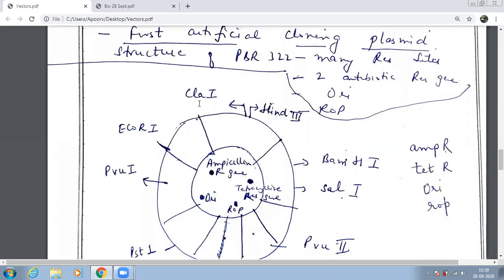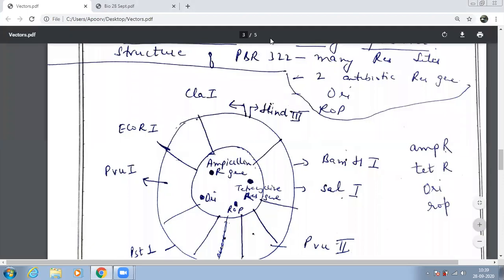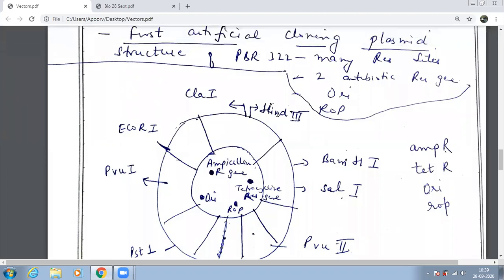C over here is CLA. I'll tell you what this CLA is and what ECO is later, but you don't have to learn it. It is not in your syllabus, though I'll tell you what CLA means, but you don't learn it. Now very quickly, the first box will show CLA and Hind. Hind which one? Hind 3. Now we'll move on. We are going clockwise.